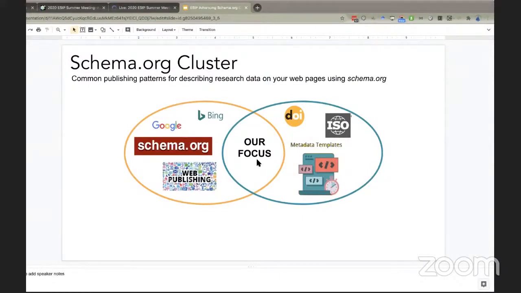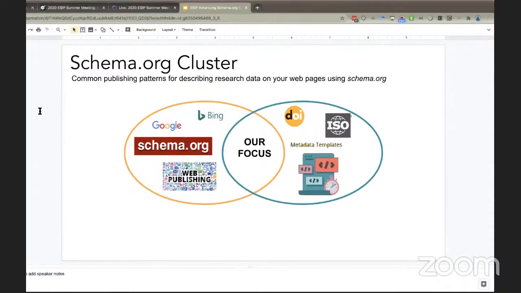Yeah, so I think what we're going to do is just have a quick introduction to the Science on Schema.org guidelines and the cluster at ESIP. And then we'll have sort of three presentations on topics related to the issues that we'd like to make progress on. And then the rest of the time will be for open discussion to progress those issues or talk about the topics that you folks would like to address.